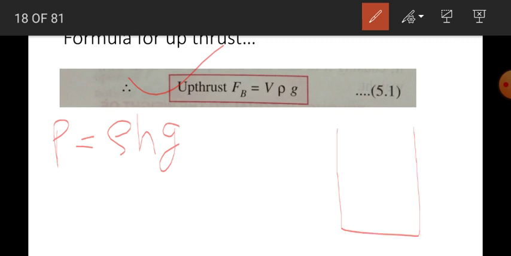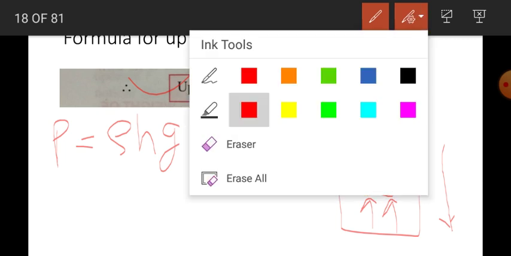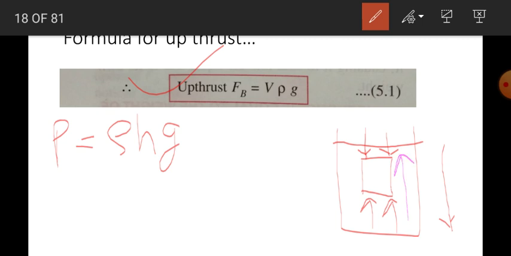So suppose that there is a container, it is having liquid, and there is a small object within the liquid. So we know that the pressure at the bottom will be more as compared to pressure at the top. Why? Because liquid pressure increases with the height. So as you go downward with the depth, pressure increases. So at the bottom pressure will be more as compared to the top. So that's why liquid tries to push the thing in upward direction. So with the help of pressure exerted by the liquid, we can derive the formula for the upthrust.